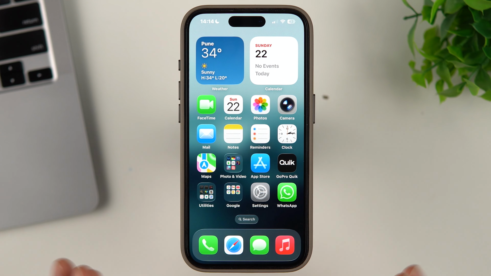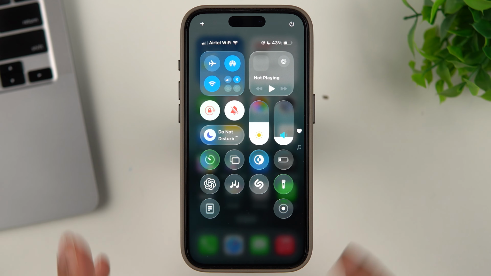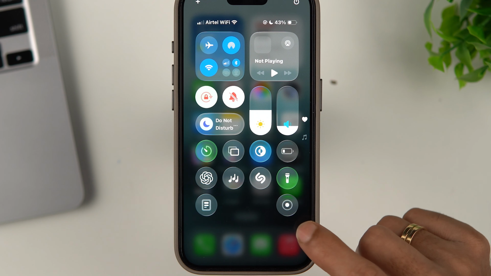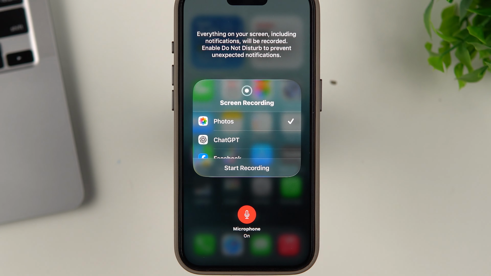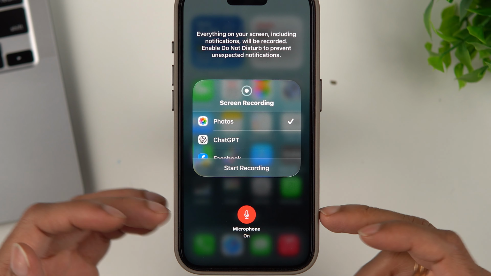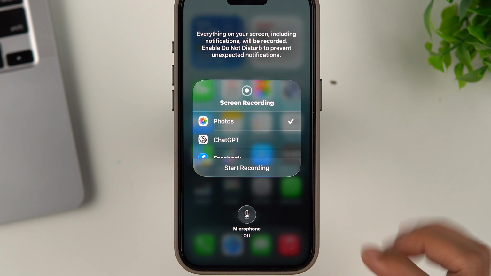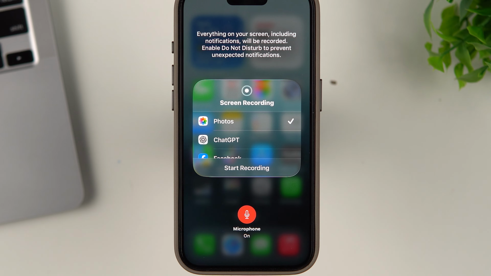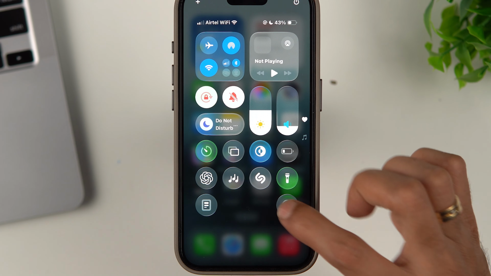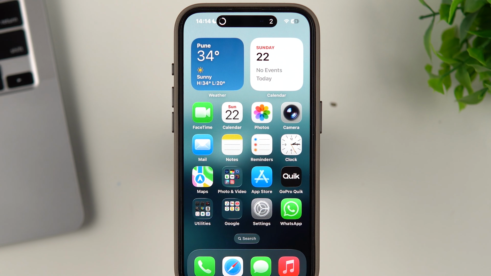Now, if you want to record audio with the screen recording, what do you have to do? You have to do nothing, just open Control Center again. This time tap and hold on the icon and make sure that the microphone is on. It might be off like this, so you have to tap on it and make sure that the microphone is on. And this time, if you start recording,